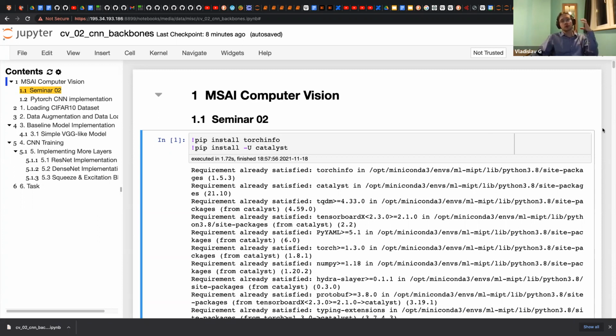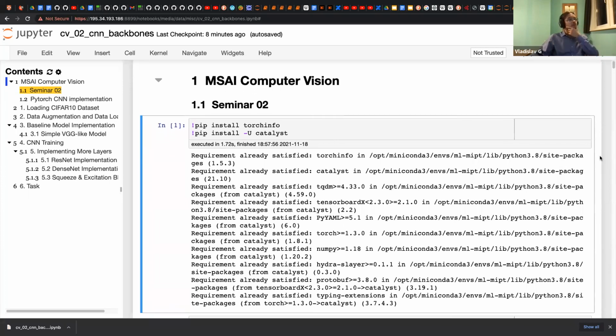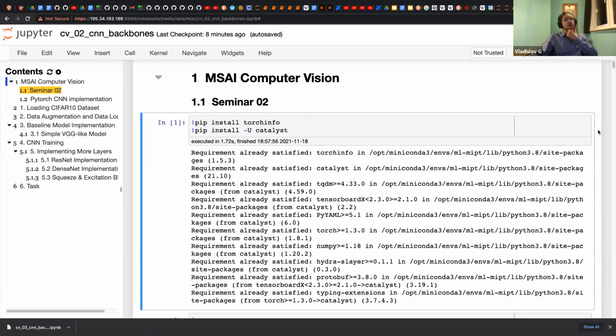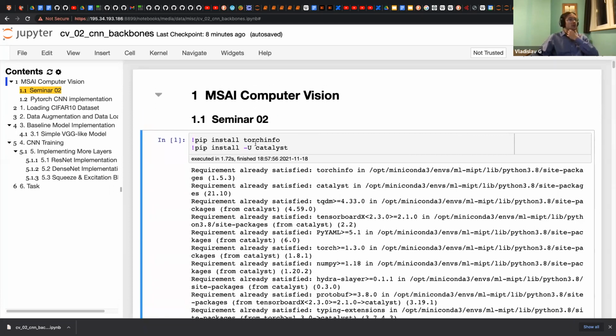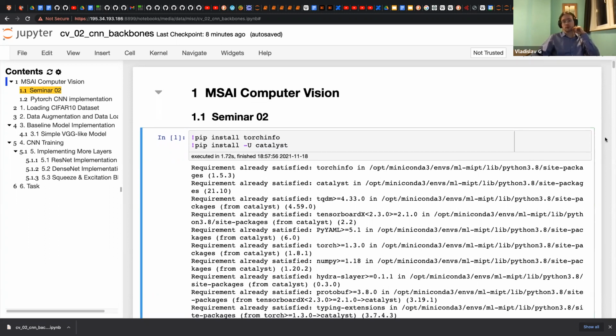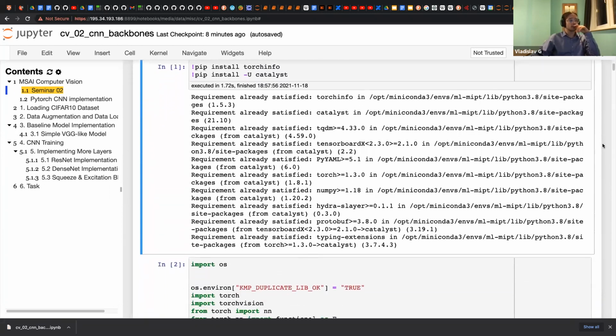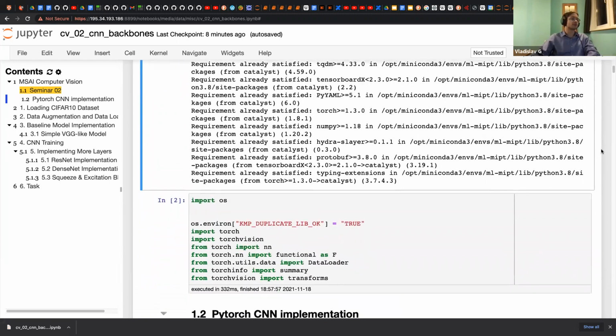So today we are going to go to the deep learning part, and I think it in some way will be mixed with the classical parts of our course. But okay, today is the CNN and neural networks part. And today we are going to deal with the Catalyst framework, and that's my most beloved framework for training neural networks. I will speak about it a bit more later when we come to the usage of this framework.